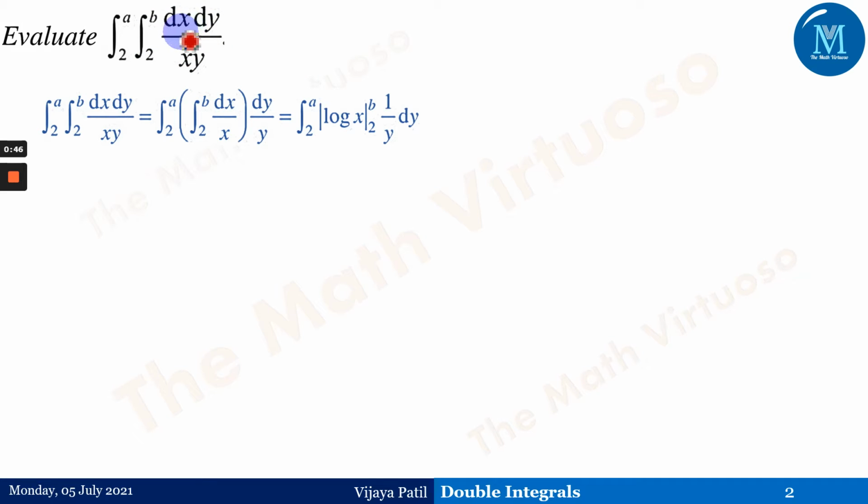So we have two variables here, x and y. If we are dealing with this type of integral, that is, we are dealing with x first, that means we are integrating with respect to the variable x, so we have to keep the other variable, that is y, constant. So we take the integrand 1 upon xy, and out of that we can take 1 upon x over here because we are dealing with the variable x. Then it is the integral from 2 to b of dx upon x.